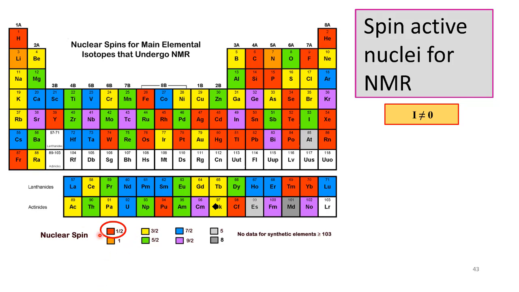So half spin is generally used because it is easy to analyze. We can still do it for other spins also, but half spin is easy to understand and easy to analyze. That's why we used half spin. But the only criterion is that I should not be equal to 0. If it is 0, then this method cannot be used to characterize those elements.